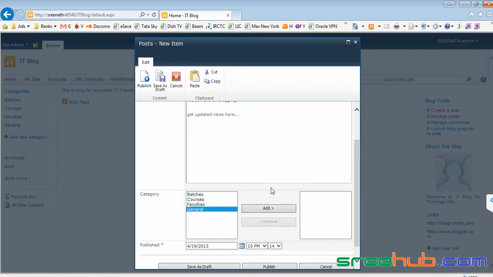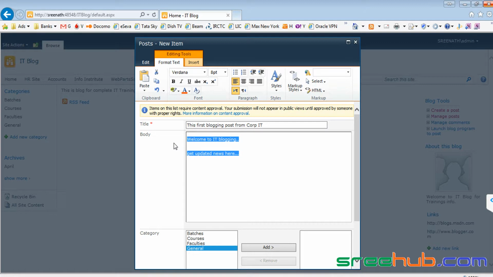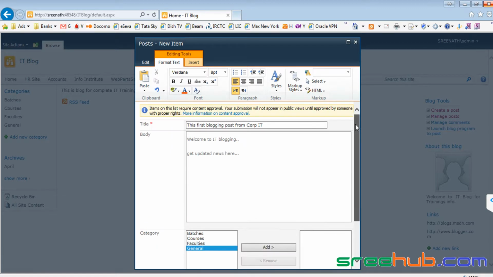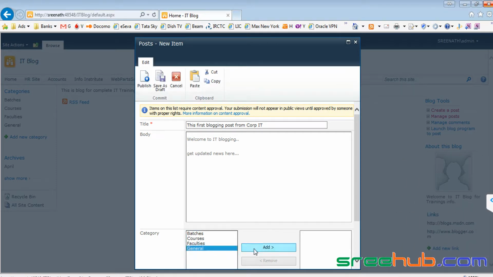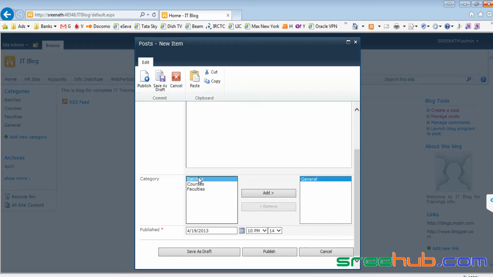Now here you can see categories, right? Now we are just posting a first Corp IT post, so that we just want to advertise our blog, right? I just created, and you can make it a general, because it's a general news from your consultancy which you are posting, right? So now let me just select general and add. It is added here. You can also add multiple categories, not a problem. You can also say that this is something which even faculties under faculty should come, add it. And if you want to remove, just click on this and remove, right? This is how we actually play with categories now.